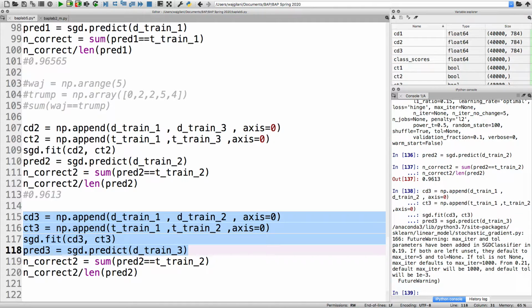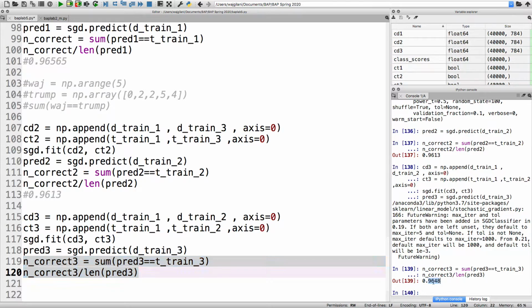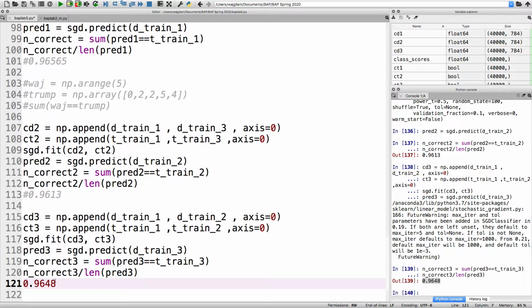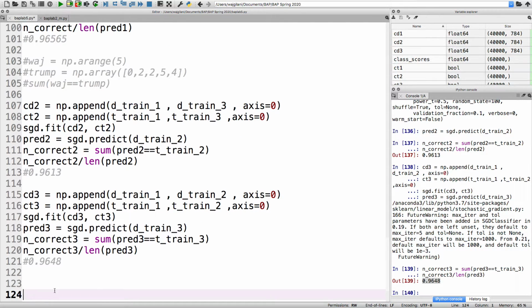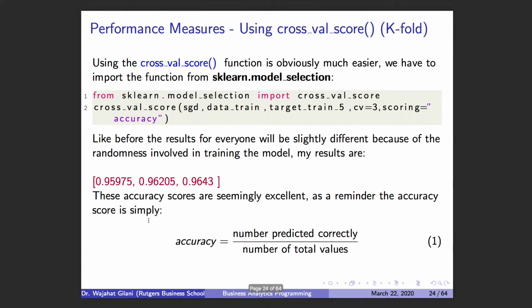All right. And now we can go ahead and see how this did in terms of predictions. Excellent. 0.9648. All right. Again, great numbers all around. It must be an amazing classifier. All right. Now, from here, let's go ahead and do the same analysis, but this time